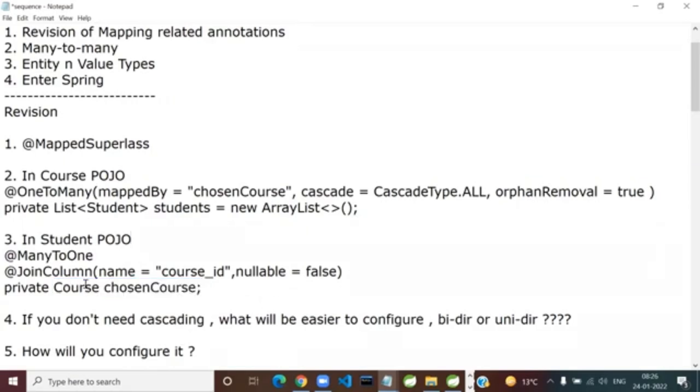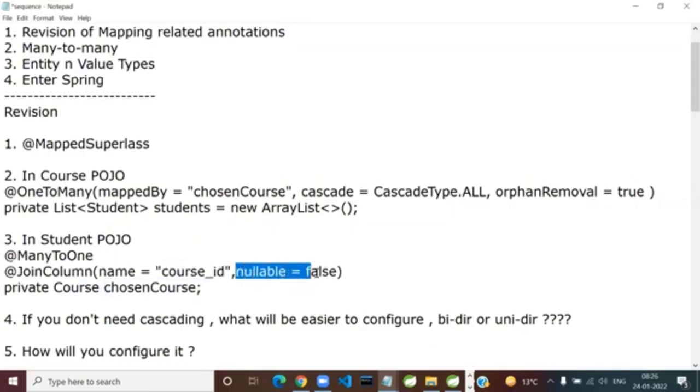Okay. So now, if you don't mention join column and name, who will decide the name of the foreign key column? Everyone understands it? Hibernate. And what is the default naming strategy it will use? It will just take this property name and append it by the primary key column name of your course. Got it? So we do not want it. So here, now what will be the foreign key column name? A clear-cut course ID.